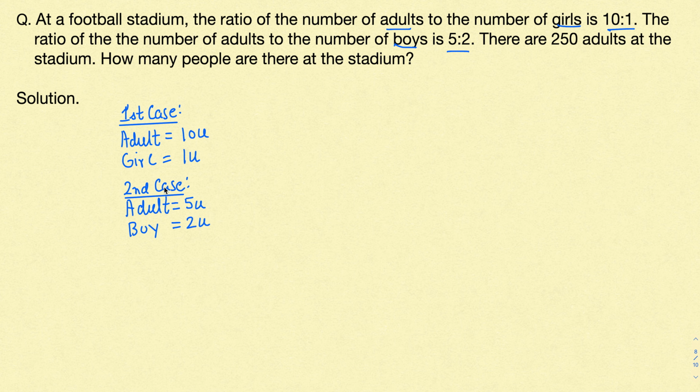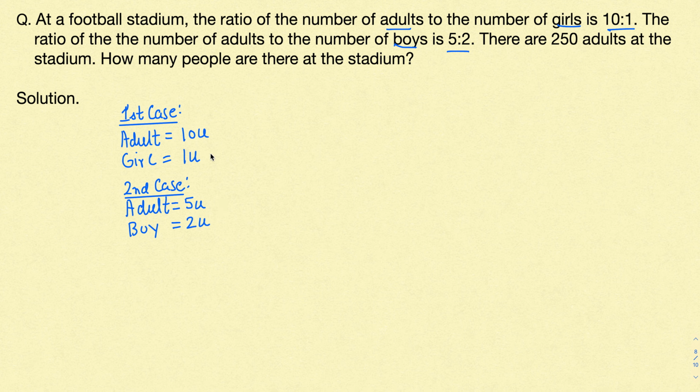Okay, now as you all know, the number of adults in the football stadium should be fixed, right? So it's same. Since it's fixed, it's not varying according to the girls and the boys. Here the ratio varies. If we count the number of girls and the number of adults, the ratio is 10 is to 1, but when we count the number of adults and the number of boys, the ratio is 5 is to 2. But actually the number of adults is fixed, right? So that means